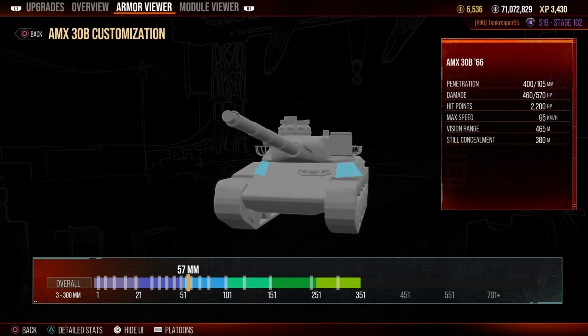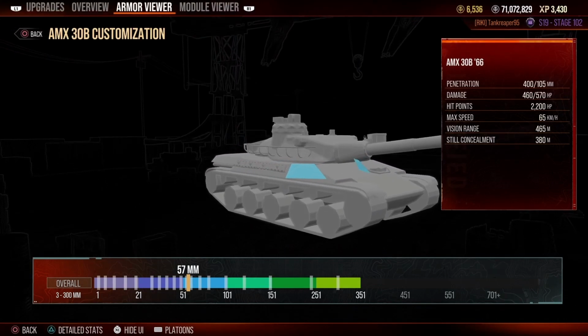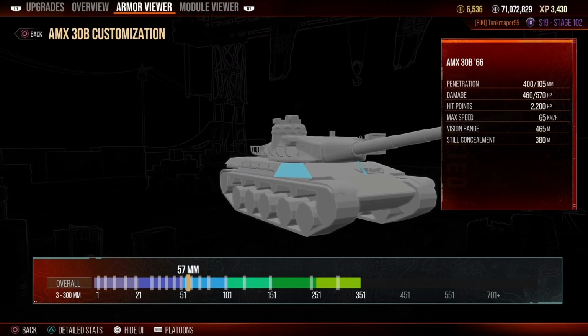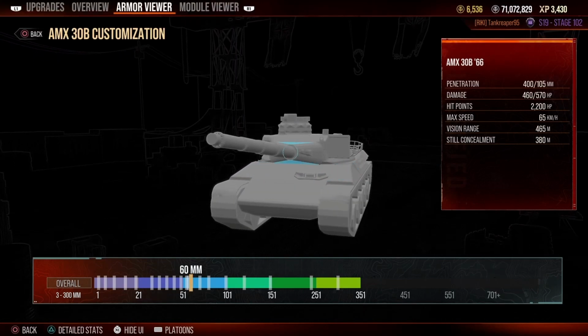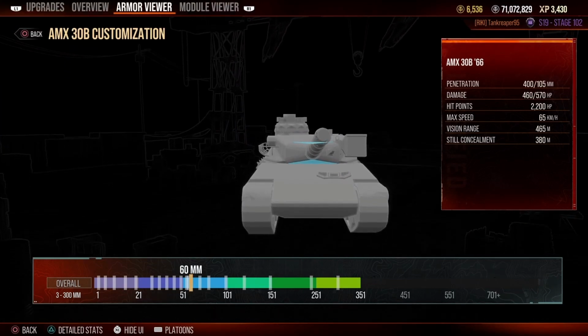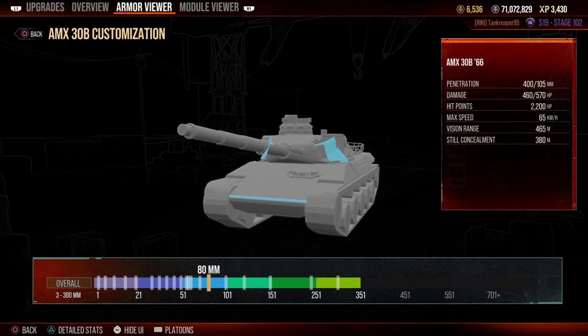around 57, which actually looks like something, I don't know how you would want to say that, because it looks like there's stuff in front of these little plates right here. So I wonder how these are going to work. I mean, it really matters whether you hit them right there or not, because of the upper plate and lower plate. I mean, it's an AMX-30. So yeah, 60 thickness of armor, 70, 80,